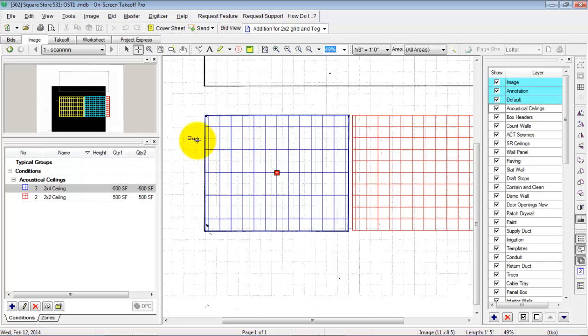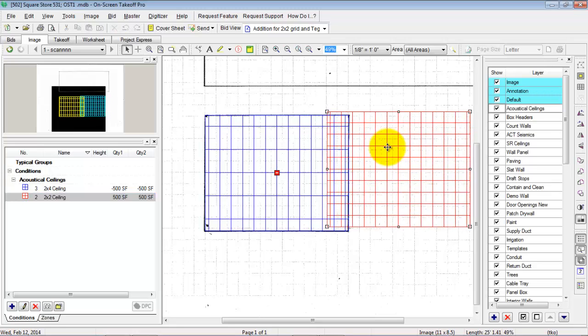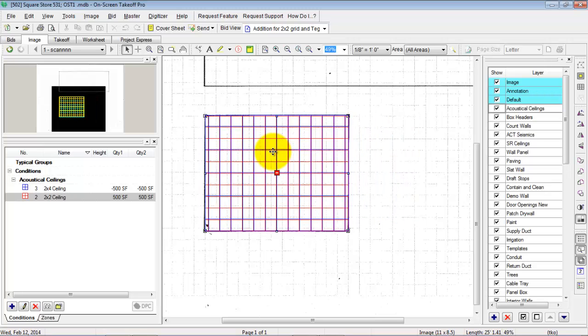And what it'll do is it'll basically give you a negative quantity for that area. And then also you want to install a 2x4 ceiling system, a 2x2 ceiling system in the exact same area. And you want that to be a positive number because that's what you're going to be installing. So what will happen is when you go over to QuickBid,